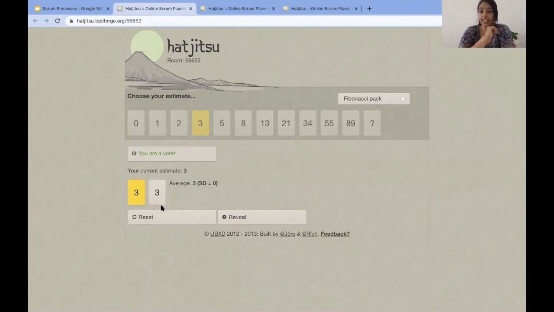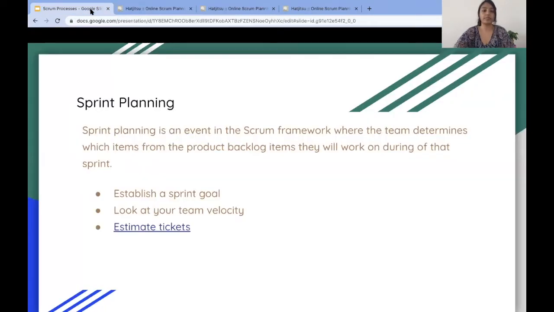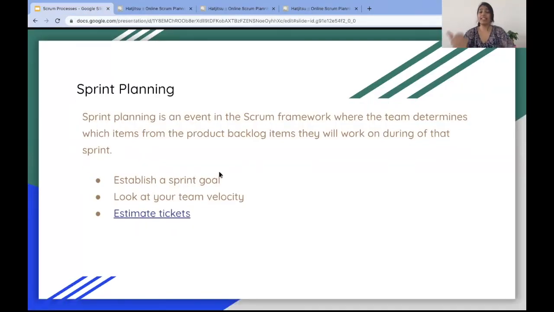Please note here, I want to again emphasize, it is not compulsory that you have to change your estimation. The goal is that you have senior, junior, and different members in your team from different walks. You want to come to a common understanding, and that is what this tool helps you with. That is all. And that is how you estimate, and that is how you get story points for each task,